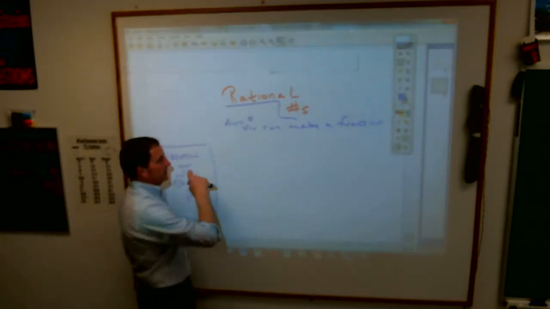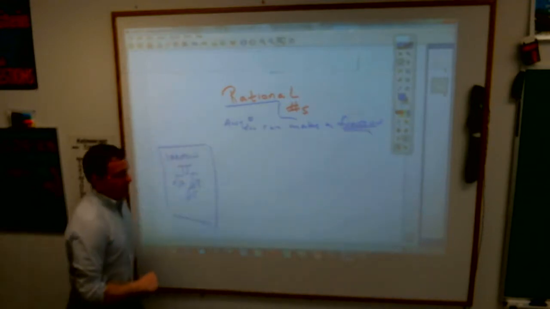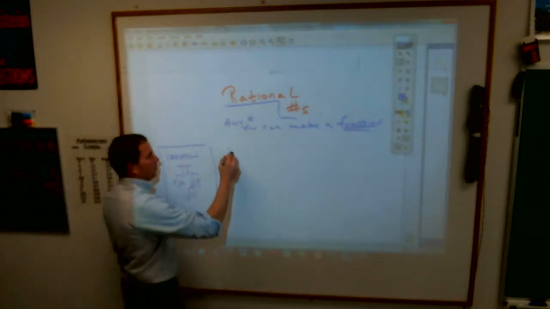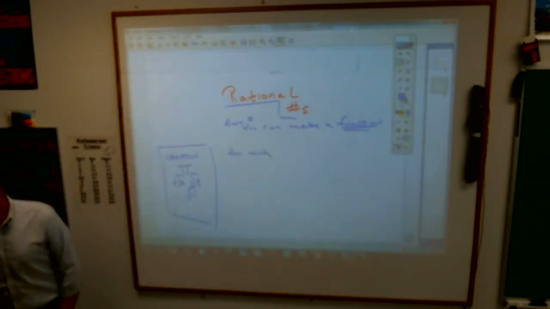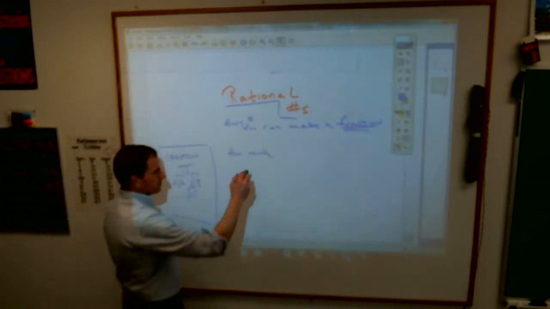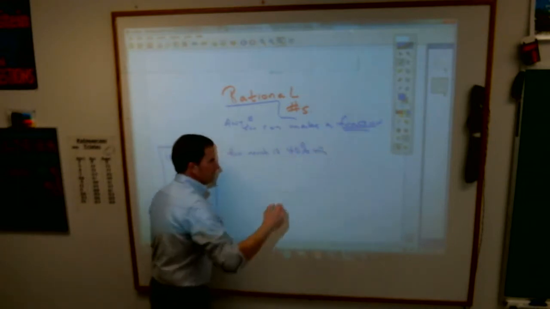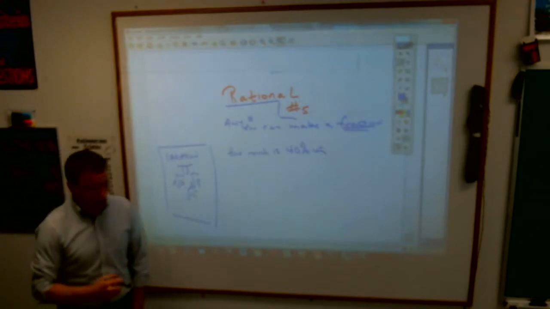The key is, if you have a rational number, you should always be able to make a fraction out of it. And it scares me to think, but this section deals with you using a little bit of common sense. Here's an example. Write this down. How much is 40% of 1/2 of $12?